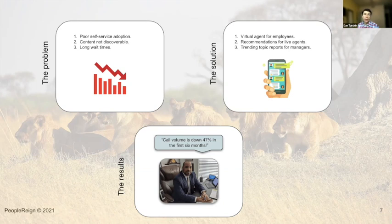So within literally the first 30 days, they were in production with a machine learning model, first to support the live agents, to support the routing of inbound requests. And then subsequently, they layered on top of that contextual recommendations for the live agents. And then eventually, they deployed a virtual agent in front of their, they call it a multi-portal for IT, HR,